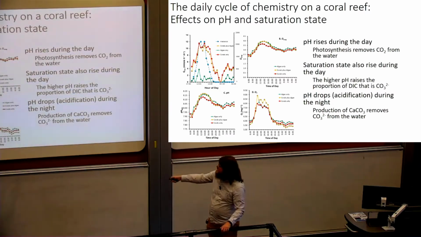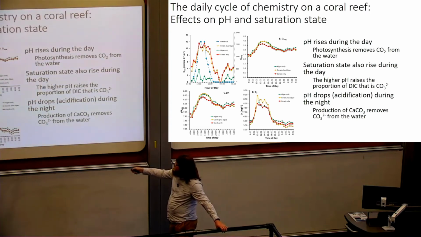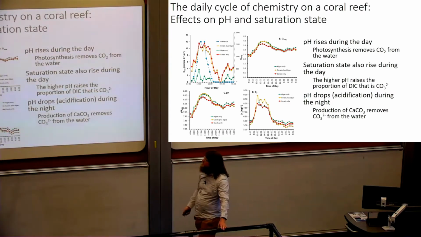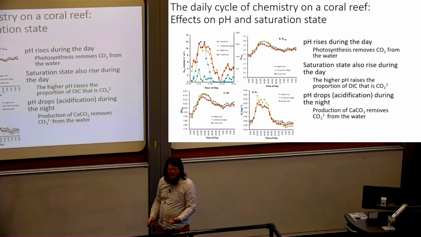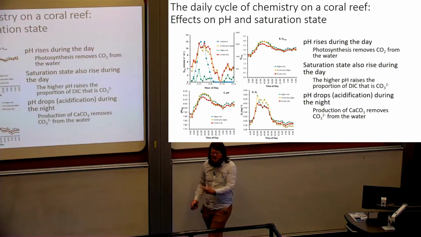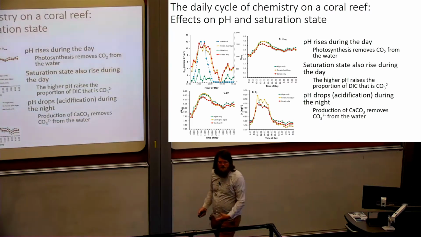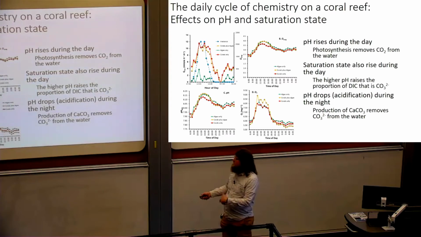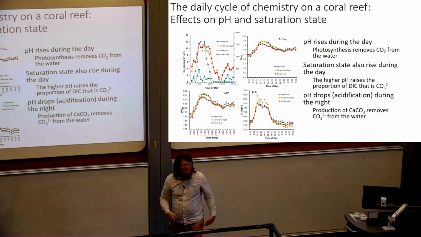So we can see in this plot down here the dissolved oxygen concentration. The oxygen concentration goes up in the day and down during the night. So at this point, photosynthesis is happening. So in the daytime, photosynthesis and calcification are happening. Photosynthesis is reducing the acidity. Calcification is increasing it. But photosynthesis wins out. Whereas in the nighttime, pH comes down again because there's no photosynthesis, so calcification wins out